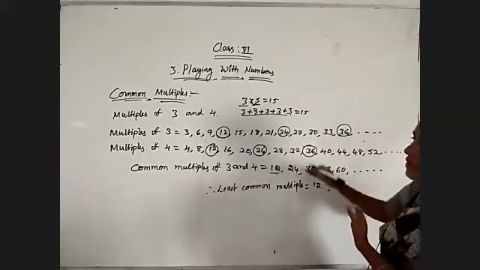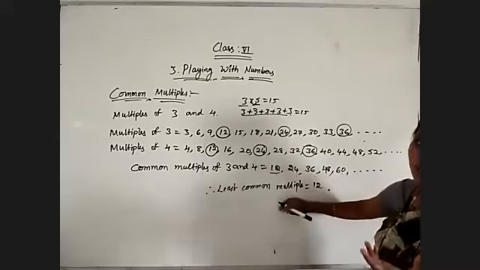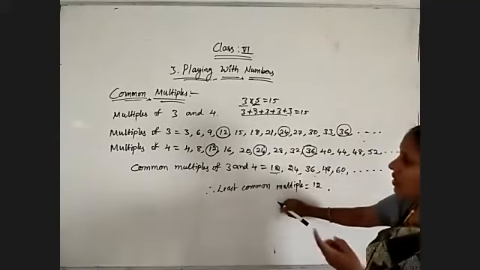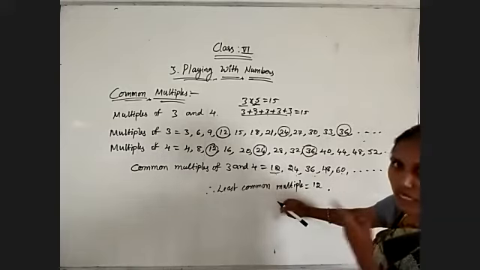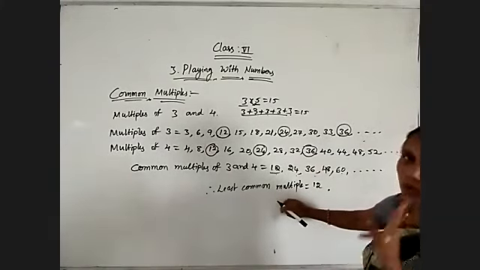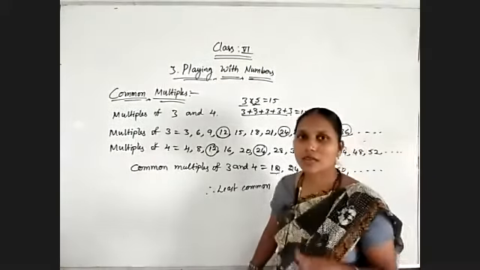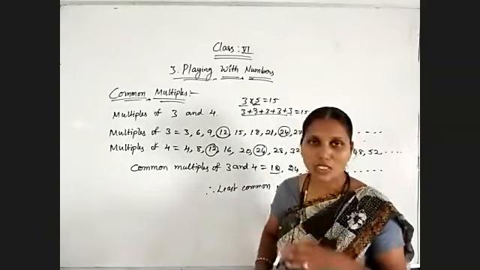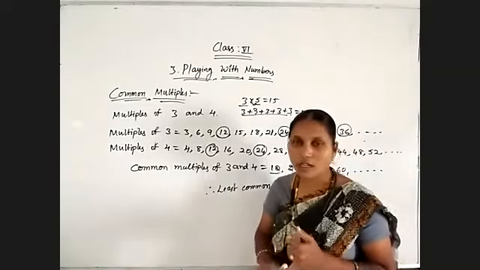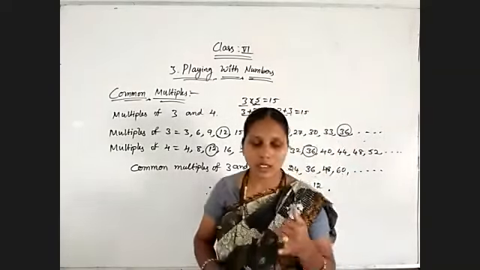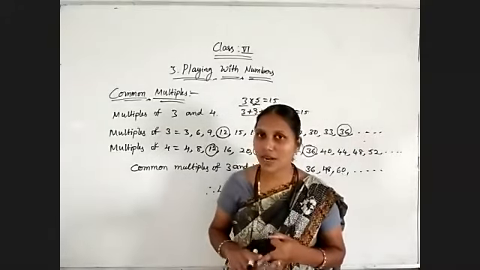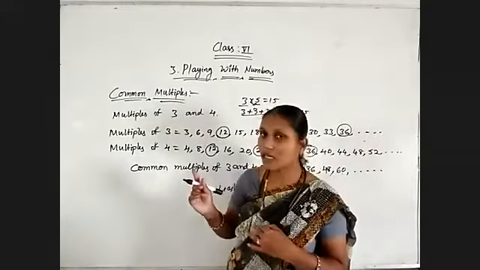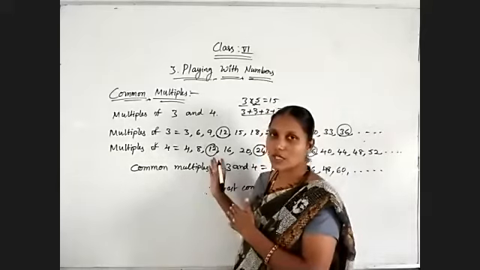It is easy for simpler numbers, but when we are dealing with bigger values, it will be difficult. For that sake, again we have two methods to find out the LCM. One is the division method, the other one is the prime factorization method. Names are the same, but the process is different. To find out the HCF, we use the division method as well as the prime factorization method, but that process is different and this process is different.